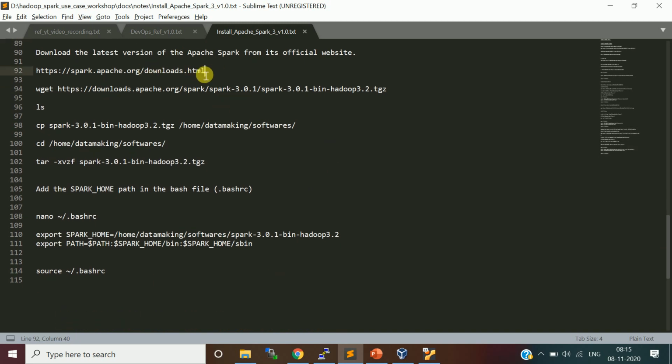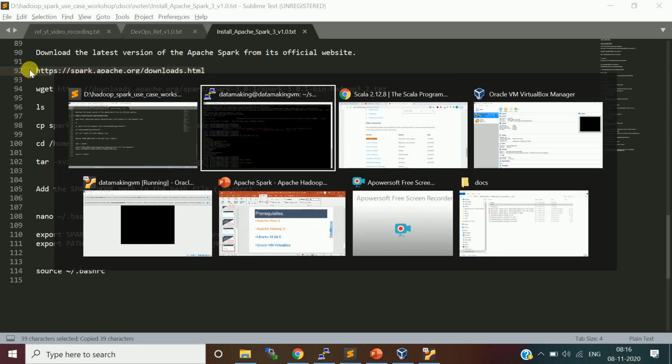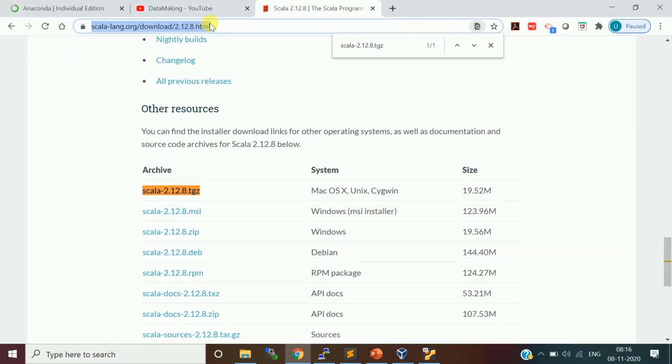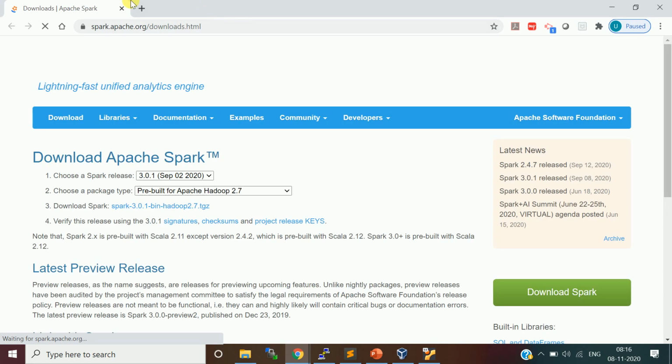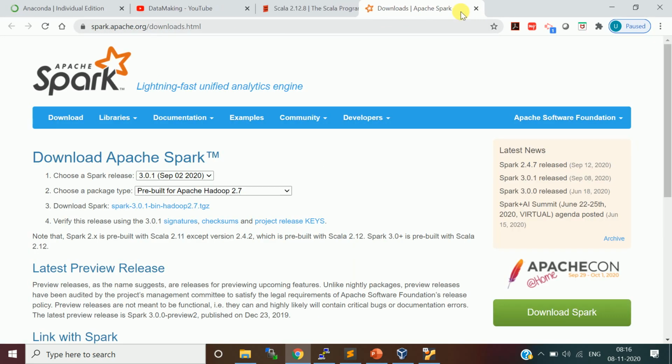Now we can go to the spark.apache.org website and get the latest version of Spark. The last release was on September 2nd, 2020.